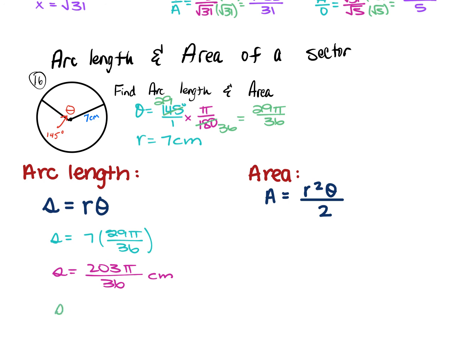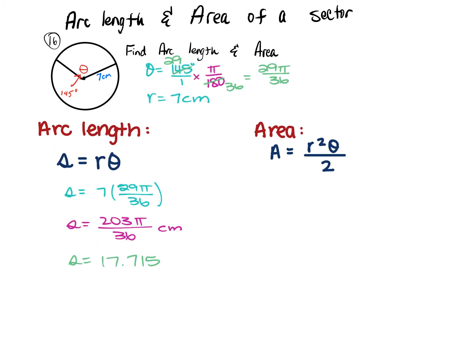So if we plug this into our calculator, you're going to have 203 pi divided by 36. You should get 17.715, and so on. If you're rounding that to the nearest whole number, that gives you 18 centimeters. So again, it just depends on what your question asks you for and what unit of measure your answer should be in. If we look at finding the area of this, your area formula is A is equal to